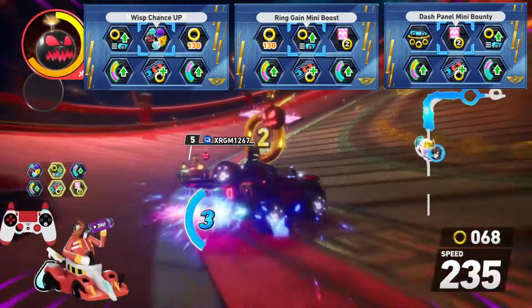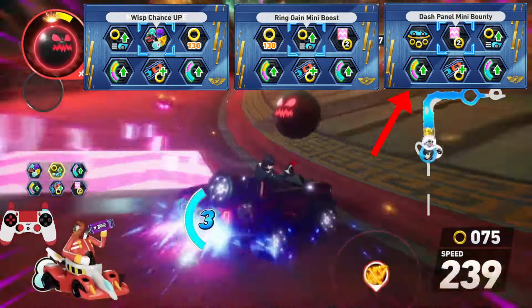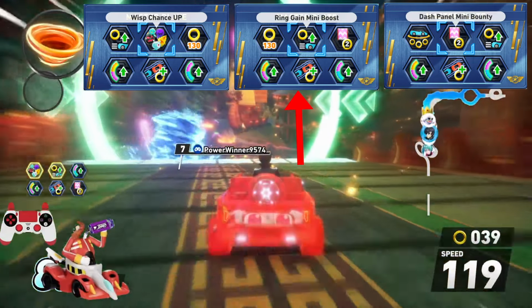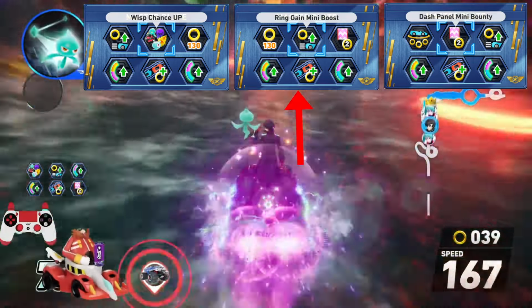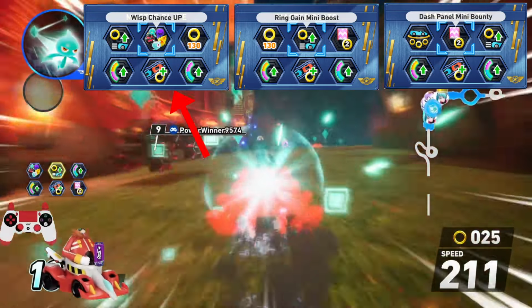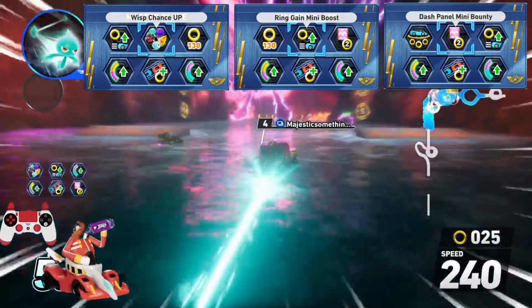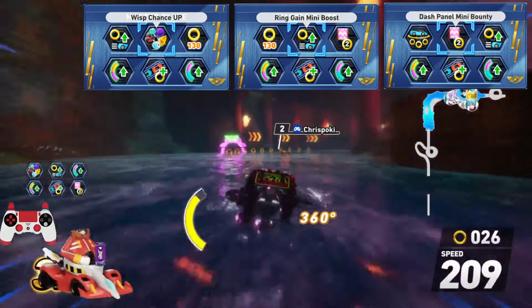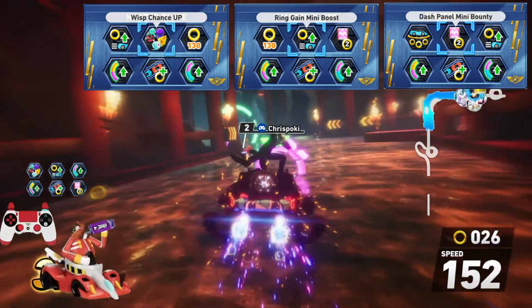Now for the other builds, you have maximum ring generation on the top right build. In the middle build, you have a more defensive variant of the ring generation build on the right with 130 rings, so if you take damage, it's alright. And then on the left, it's going to be a more full defense variant where you have Whisk Chance Up and you have 130 rings to benefit if you take too much damage or you take hits early, you're able to still keep a good amount of rings and you're able to bag for Whisk early on,